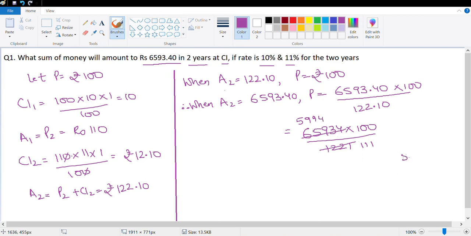Let's divide it directly. Maybe it's divisible by 3. Yes, divisible by 3. 9 plus 9, 18. Yeah, it's divisible by 3. So 3 into 3, 9, 21. 3 into 7, 21. This is 3 into 1, 3. 29. 3 into 9, 27. Again 3 into 9, 27. That's 24. So 3 into 8. So now we have 1998 divided by 37 that we'll have to divide.